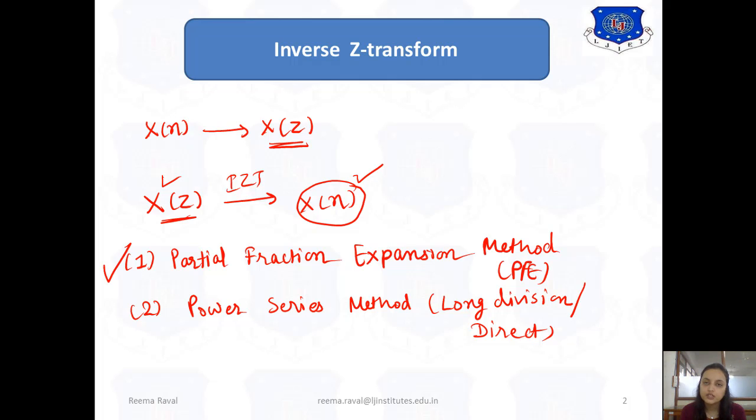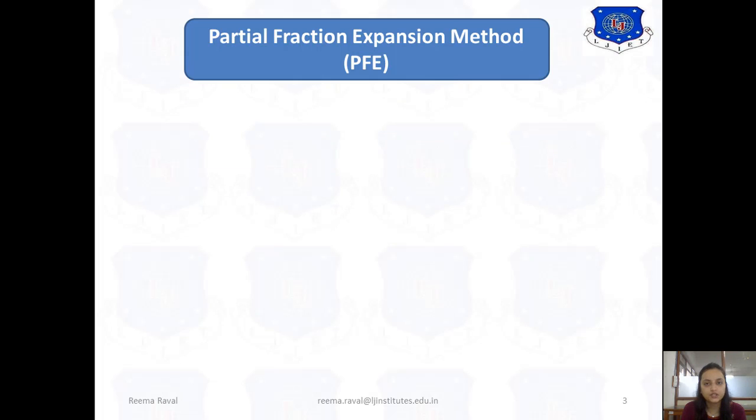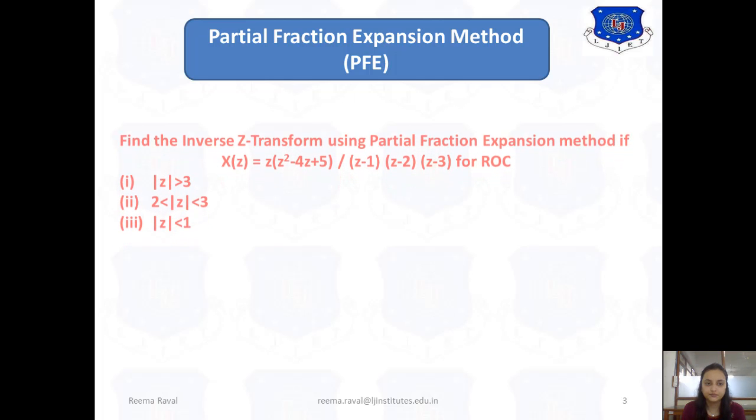Now this partial fraction method is similar to that you have seen in the mathematical subjects for the previous semesters. So to find the solution of the given quadratic equation using the partial fraction method, this will be the base of that, and according to the given cases of ROC, we will find the inverse Z transform. Okay, so let us see the first method, partial fraction expansion method. This is very important. Let us consider one example for that.